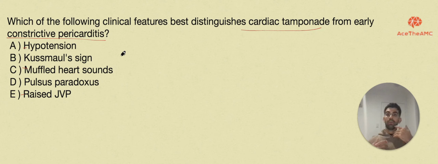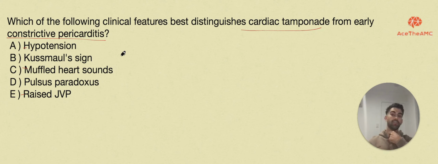It's the opposite in Kussmaul's, so it actually increases. That's because this usually happens in constrictive pericarditis, where the sac is fibrosed or scarred and the right ventricle is stiff, so it can't dilate as much or let as much blood in. So the blood backs up and shoots back up into the internal jugular vein,